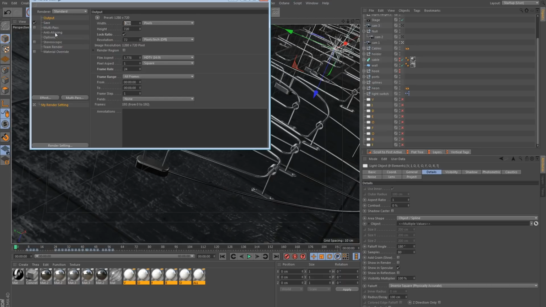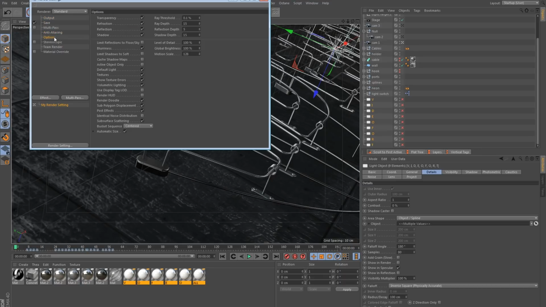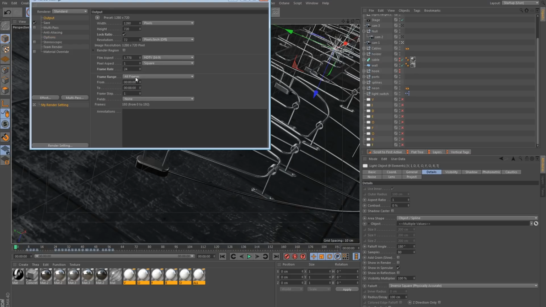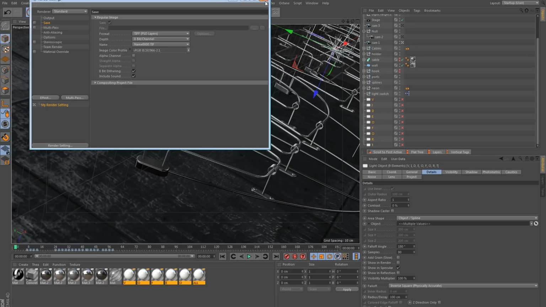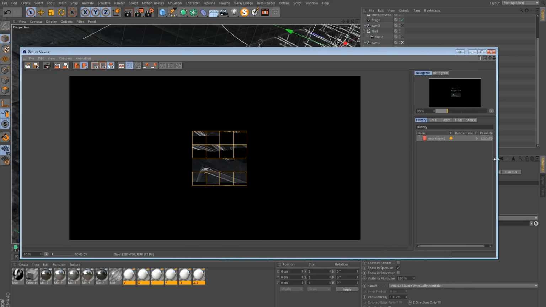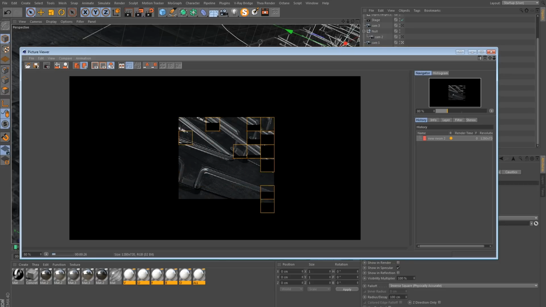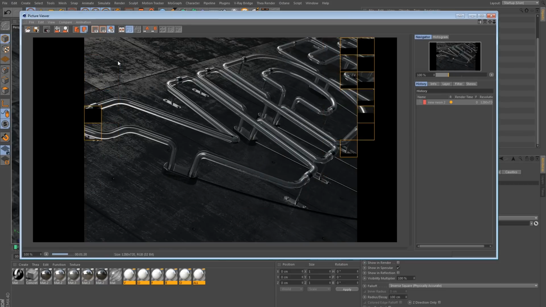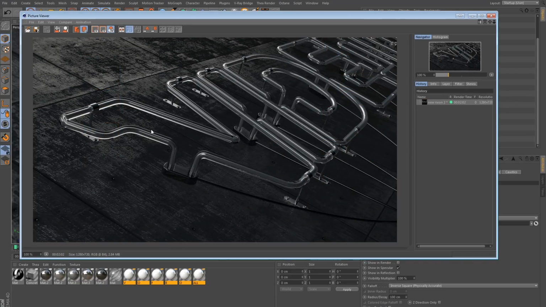720 for now. And I'm going to go back and change the output to current frame because I also want to show you some things you can do to optimize your rendering speed. Let me not save anything yet and just output to the picture viewer. Let's time how long this takes to do this one frame, and I will change a few things and show you how to improve your render time. And here we go, pretty good looking frame.